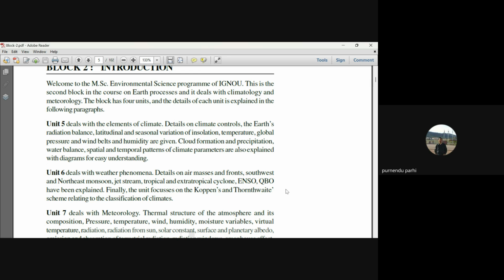understanding. Unit 6 deals with the weather phenomena, details on air masses and fronts, southwest and northeast monsoon, jet stream, tropical and extratropical cyclone, ENSO and QBO have been explained. Finally, the unit focuses on the Koppen and Thornthwaite schemes relating to the classification of climate. Unit 7 deals with the